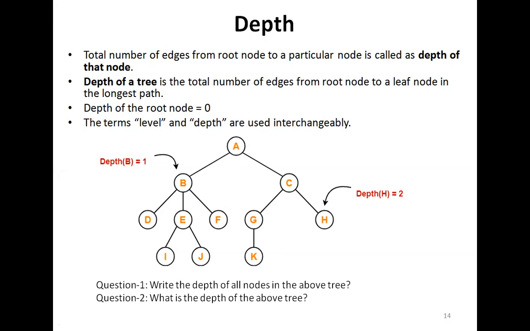Okay. Sir, तो डेप्थ और हाइट सेम हो सकता है. हाइट कैसे निकालते हो? Height is found by counting the number of edges from the leaf node to that node. But depth we are finding by counting the number of edges from the root node to that node. समझ में आया? हाँ, यस सर. हाइट और डेप्थ दोनों अपोजिट है.